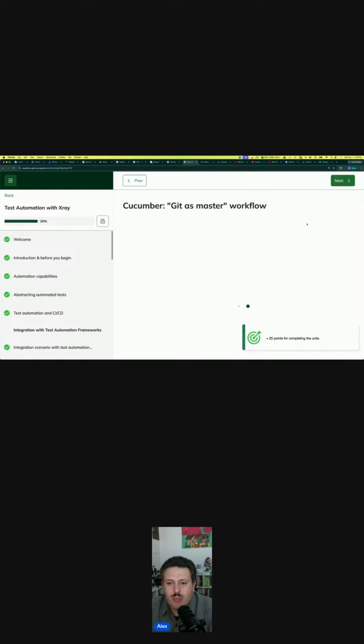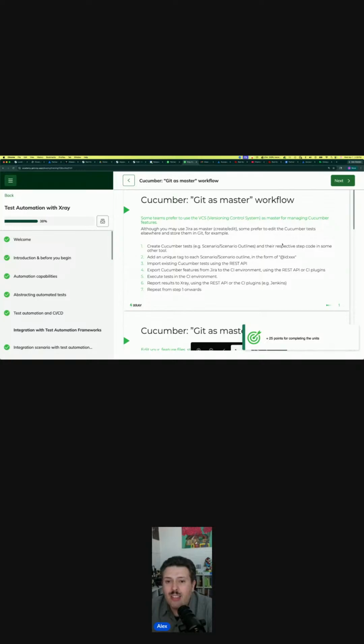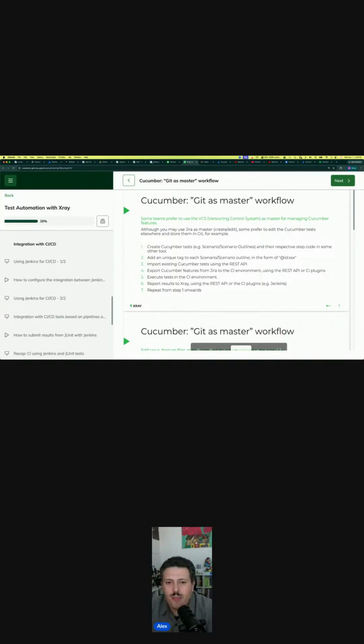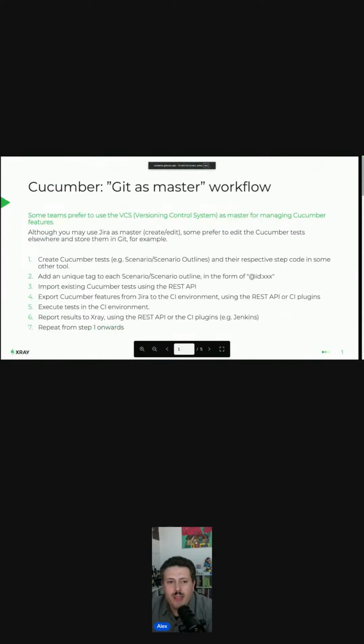All right, moving on. We have Git as the master. So this time we're switching gears a little bit, and we're going to have some teams prefer to use the version control system as a master for managing your Cucumber features. Let's make this full screen here so you can all see it better. Although you may be using Jira as a master, some prefer to edit Cucumber tests elsewhere and then store them in Git, for example. So we can create our Cucumber tests and the respective step code in some other tool, add a unique tag to each scenario in the form of